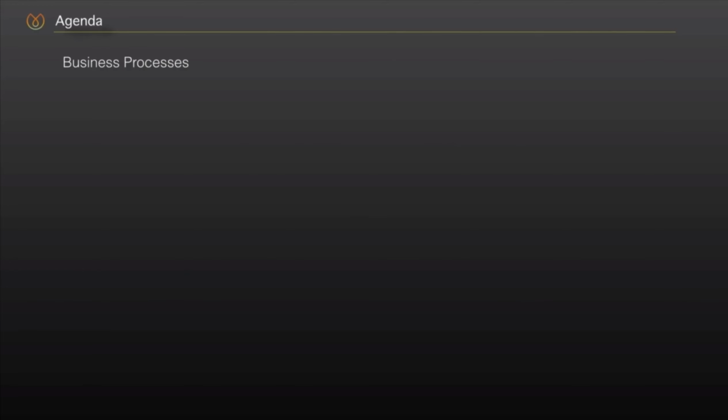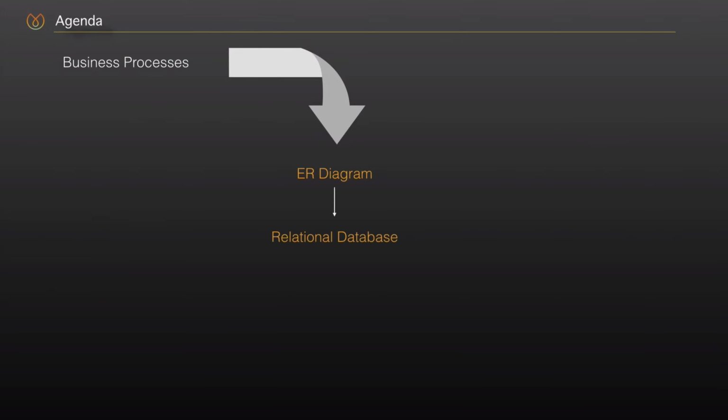Alright guys, welcome back. Until now we have learned different concepts of data modeling, and now it is time to turn our theoretical knowledge to practical example. First of all, we are going to discuss a business scenario and will establish an ER diagram based on it. Then we need to turn ER diagram to relational